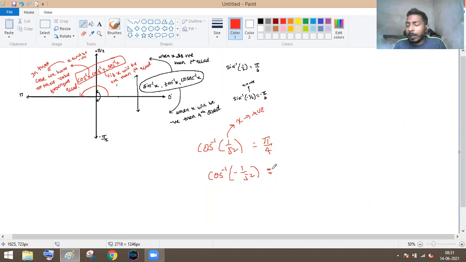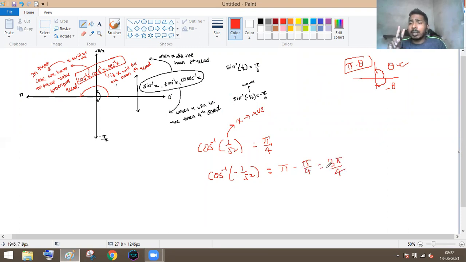The angle of the first quadrant is written as theta. The angle of the second quadrant is written as pi minus theta. If you move anti-clockwise, then theta; if you move clockwise, it is treated as minus theta. So right now, if I have to deal with the second quadrant angle, then pi minus theta. For cos inverse 1 by root 2, how much is it? Pi by 4. The answer will be here 3 pi by 4.